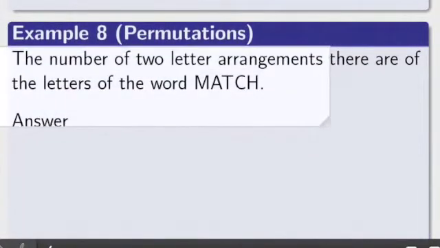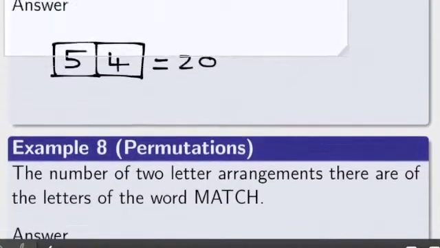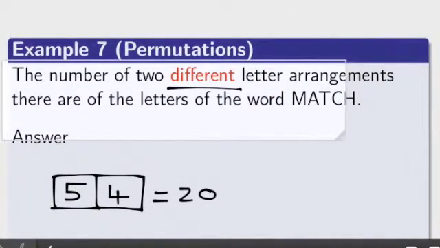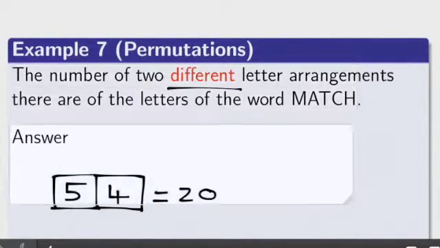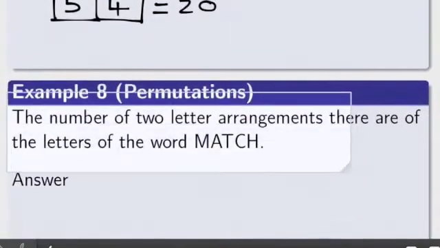Let's look at example 8. The number of 2 letter arrangements there are of the letters of the word match. Now this example, example 8, is different to the previous example, example 7, in that example 7 has a restriction. The 2 letters ought to be different in example 7. There is no such restriction